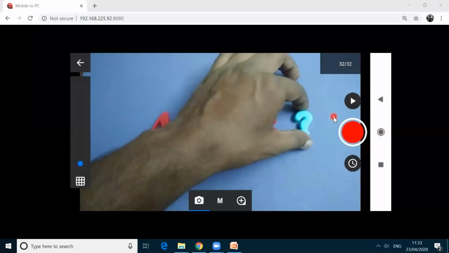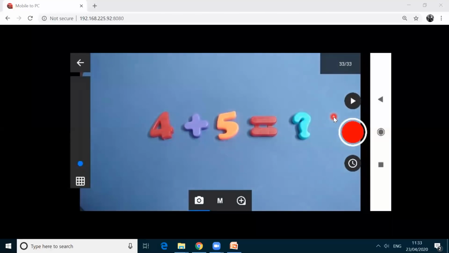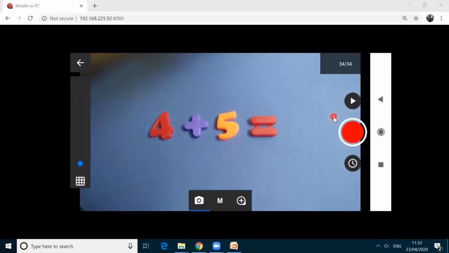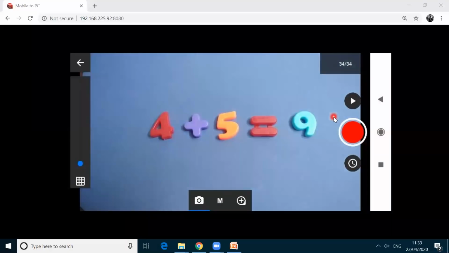Again, I'm keeping here, and then I'm taking this, and then I'm keeping here the 9. Okay. To play this, don't play here. Press this back icon. This symbol I'm pressing here.